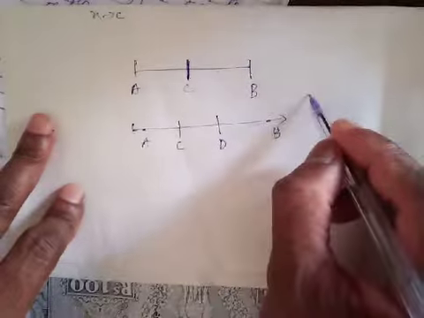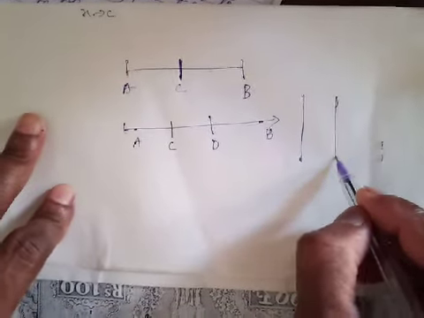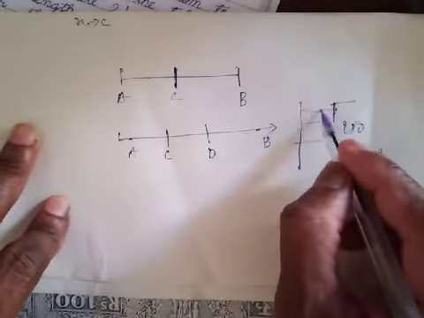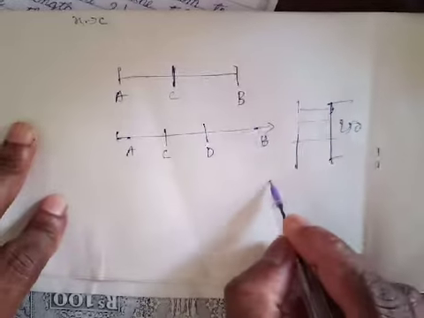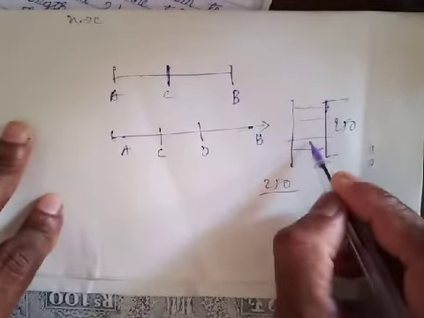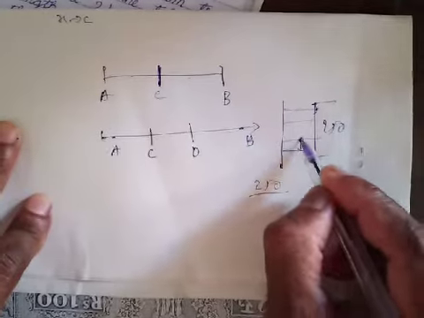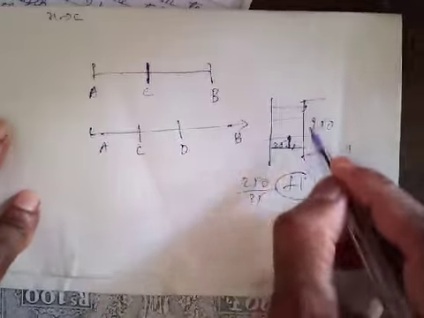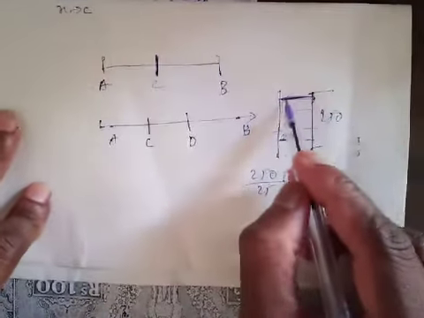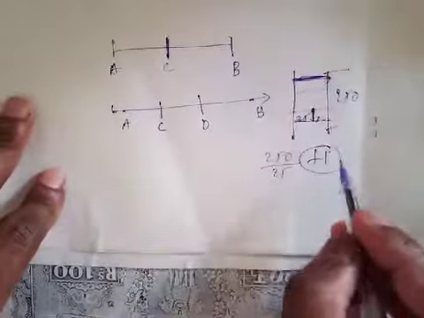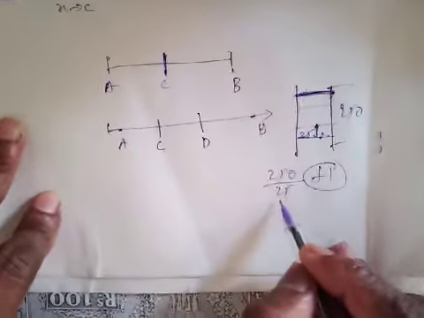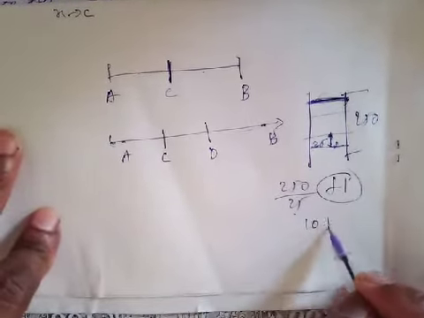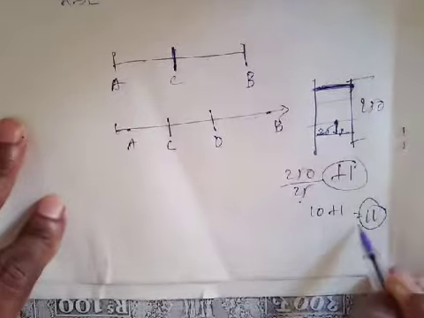So when we divide the whole ladder length, 250 centimeters, to find the number of rungs, we add 1. So 250 divided by the distance between the rungs, which is 25, plus 1. This is because the first or the last one is not calculated by division, so 1 will be added. 250 divided by 25 is 10. 10 plus 1 is 11. So the number of rungs will be 11.